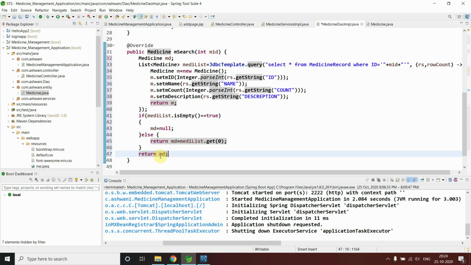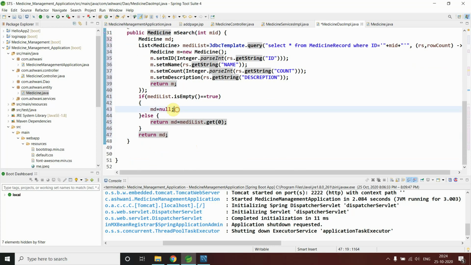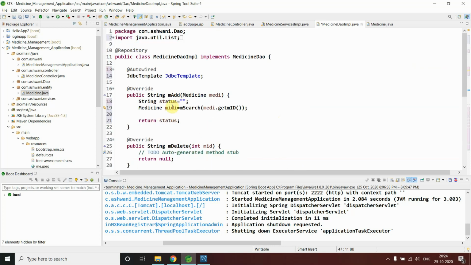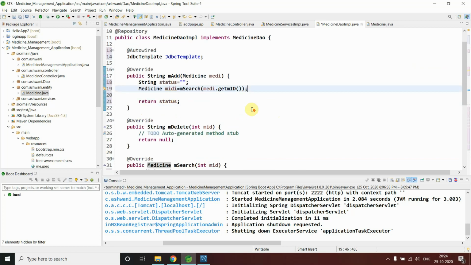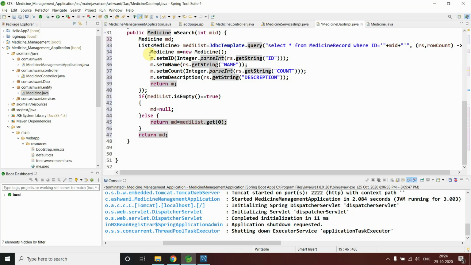Now it will give either null, or this or this, to my calling method. Got it? Now shall I run this? No, let me implement this also, after that I will run it. Yeah, it will give the result and it will come back, yes, it is true.